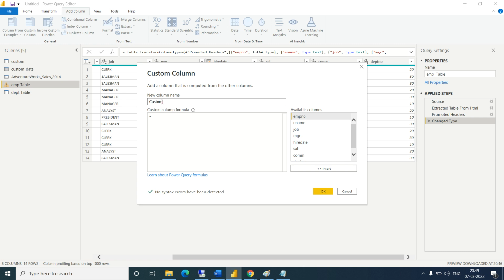What I want is yearly salary per annum. So how to find out per annum salary? We already have a salary column. Insert salary into 12. It means it will give you the yearly salary.